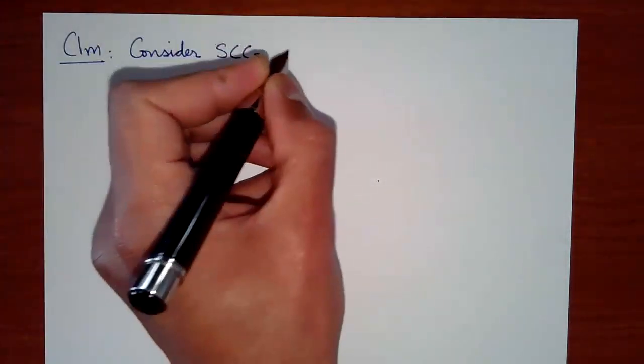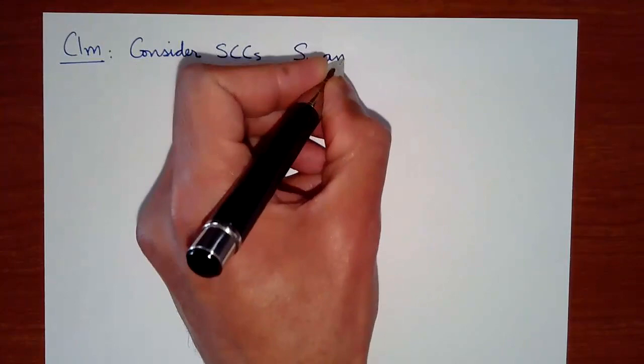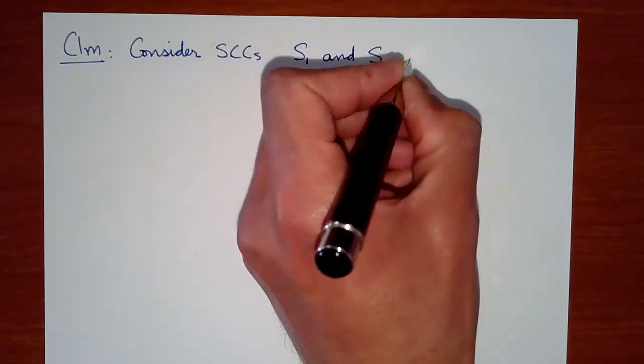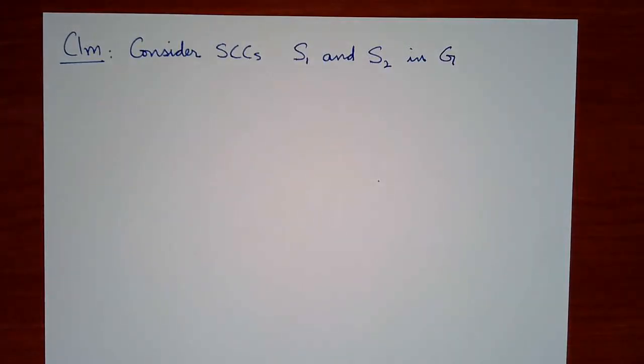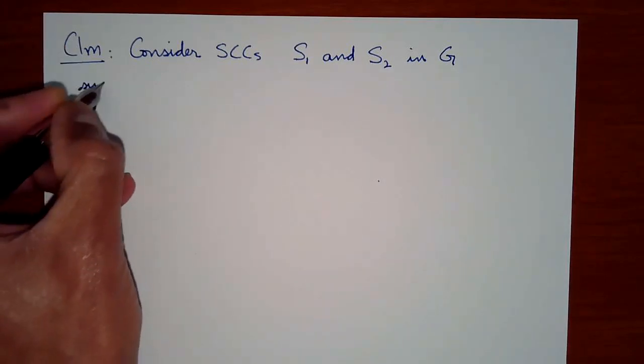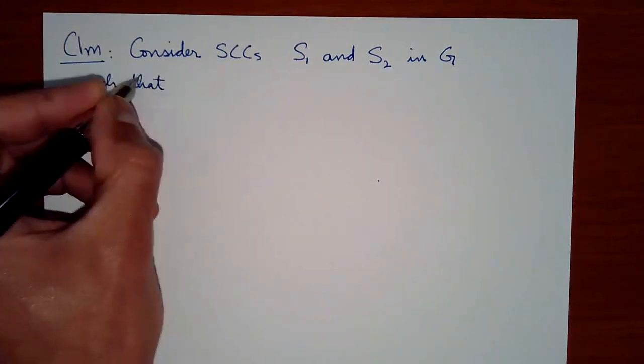So the first claim that I'm going to make is: consider SCCs S1 and S2 in G such that